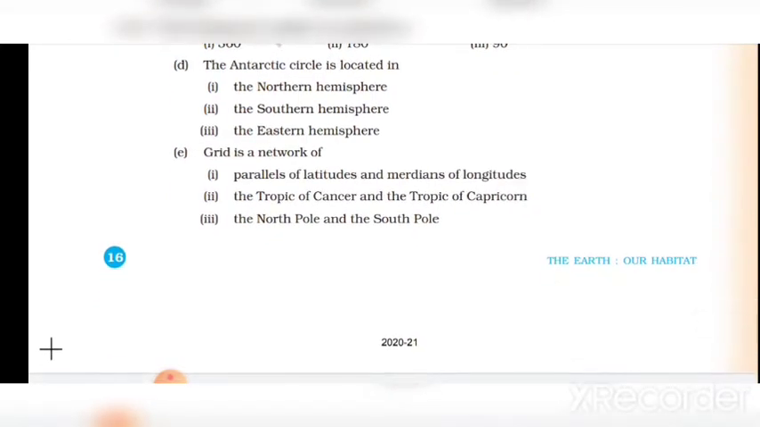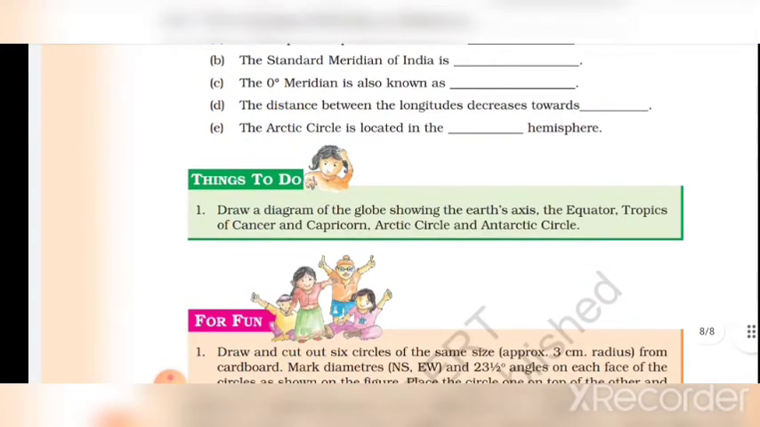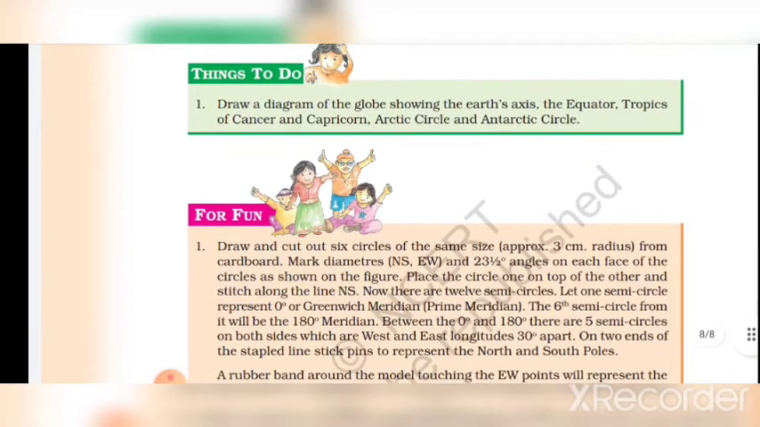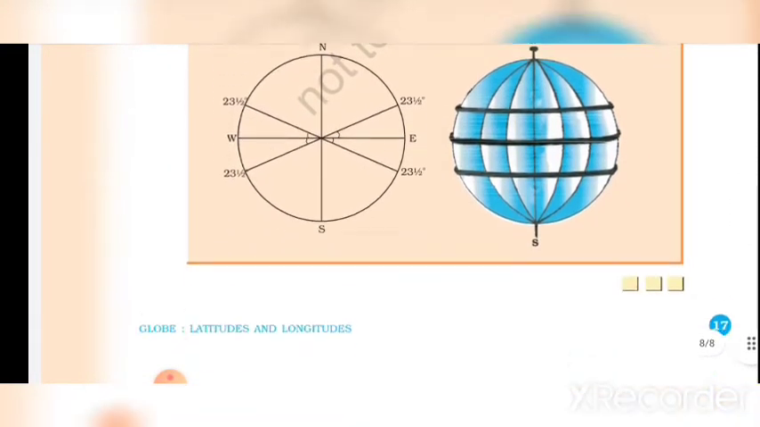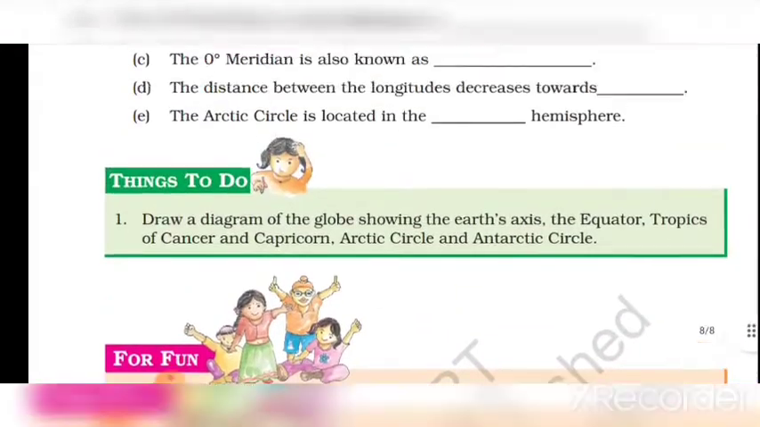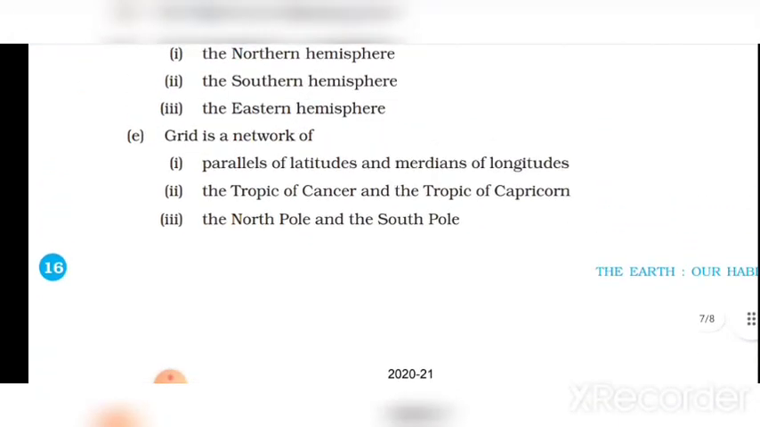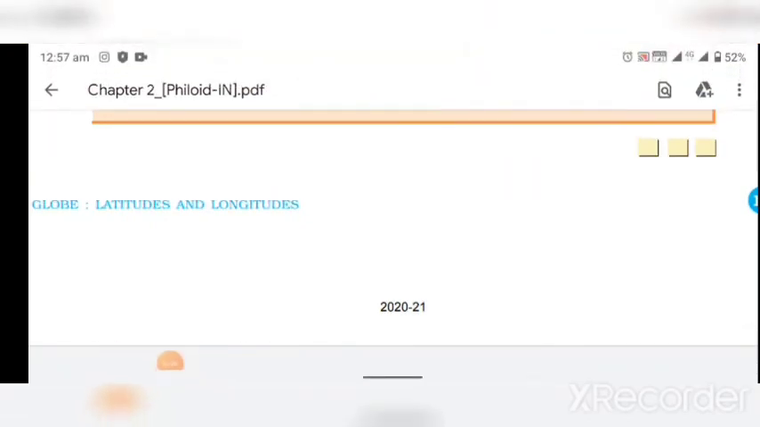Heat zones of the Earth. The midday sun is exactly overhead at least once a year on the latitudes in between the Tropic of Cancer and the Tropic of Capricorn. This area therefore receives the maximum heat and is called the torrid zone. The midday sun never shines overhead on any latitude beyond the Tropic of Cancer and the Tropic of Capricorn. The angle of the sun rays goes on decreasing towards the poles. As such, the areas bound by the Tropic of Cancer and Arctic Circle in the Northern Hemisphere, and the Tropic of Capricorn and the Antarctic Circle in the southern